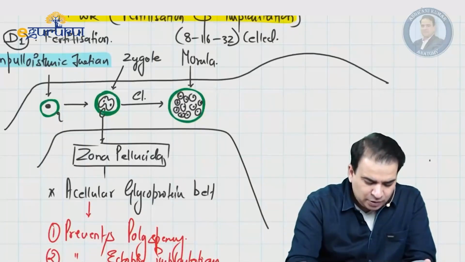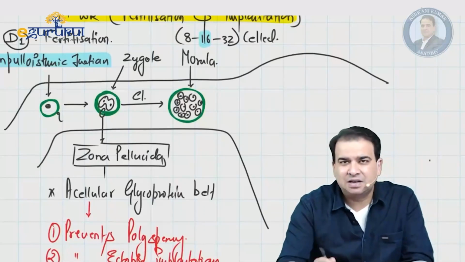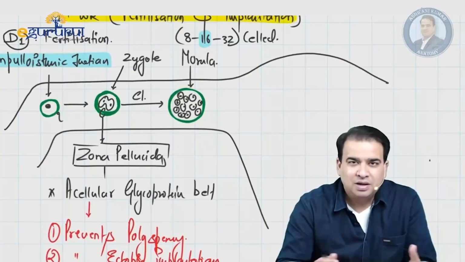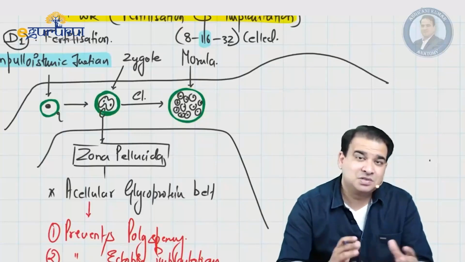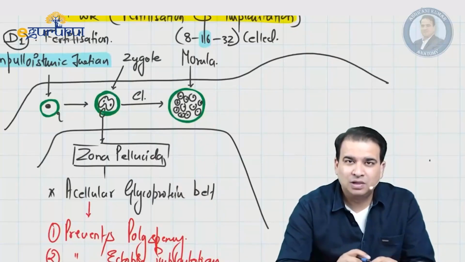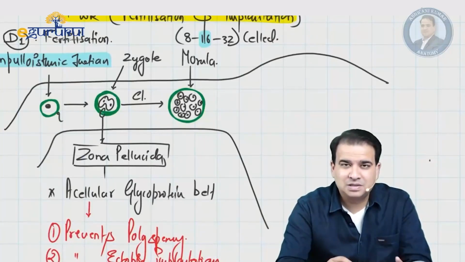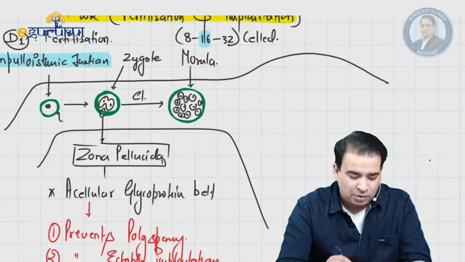But from the question's point of view, if the question is asked what stage is morula, the best answer would be the 16 cell stage, the number which almost everyone agrees on, 8 to 16 or 16 to 32 or even 16 to 64. So 16 is one number which is kind of constant to all the authors. So I would say 16 is your better answer if you have to choose one best answer for the number of cells in the morula.